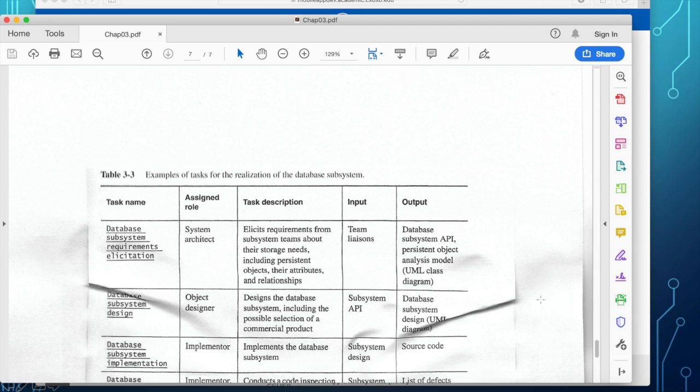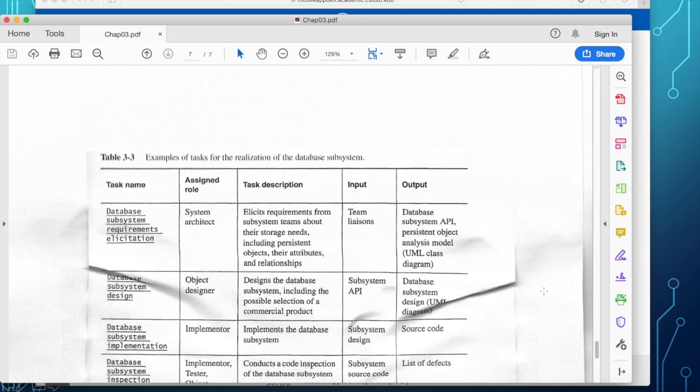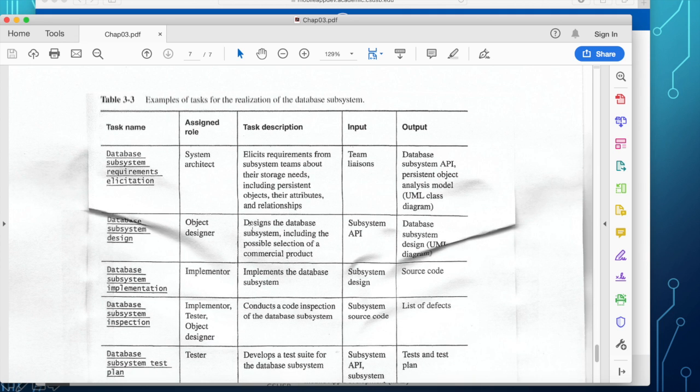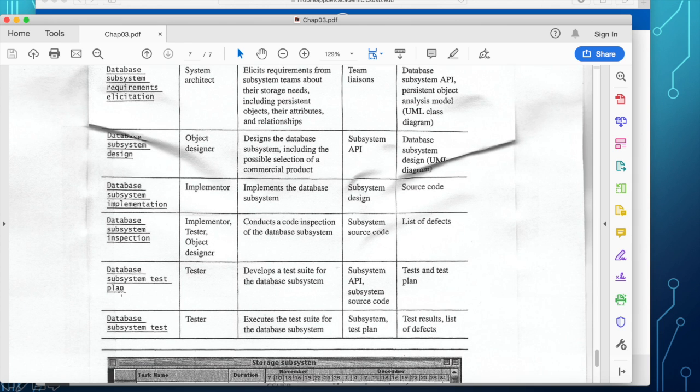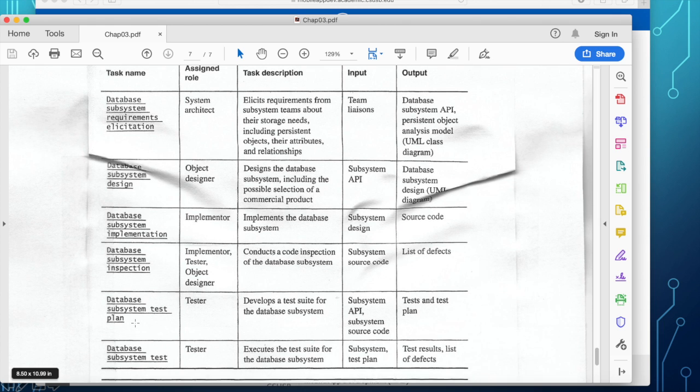The work units that are thought out are, first, requirements elicitation, then the database subsystem design, then the implementation, then the database inspection, test plan, and then the testing itself.